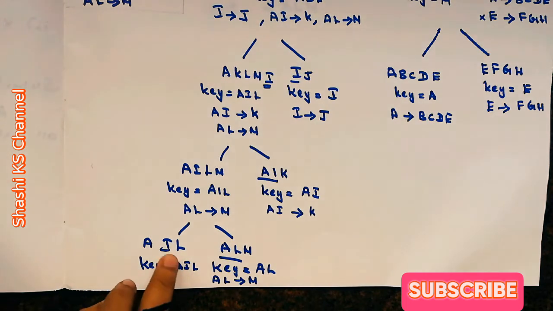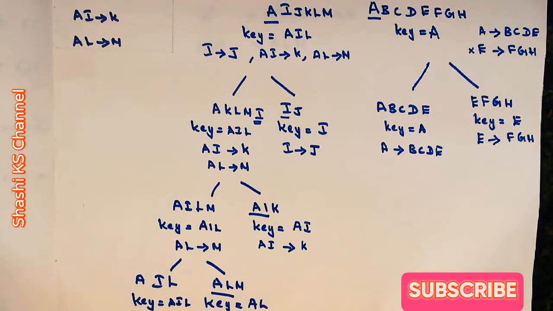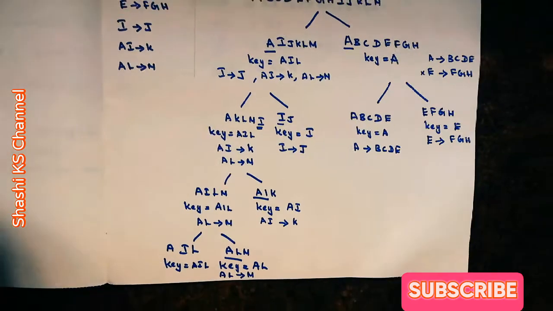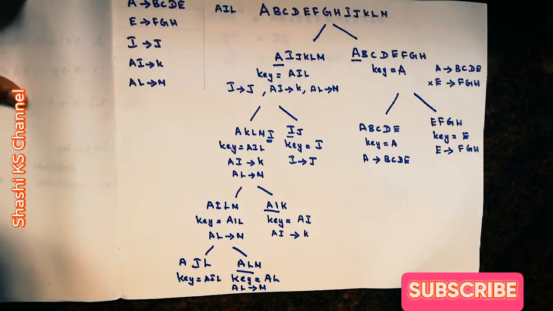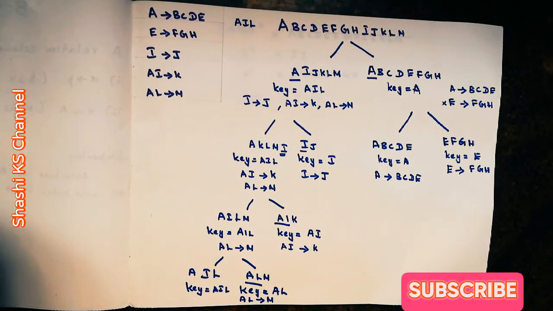Now here this kind of relation wherein all the attributes in the relation are there in the key also, such types of relations are called trivial relations. Now that is how we can decompose a given relation which is not in BCNF form into BCNF form. So to summarize, how have we done it?